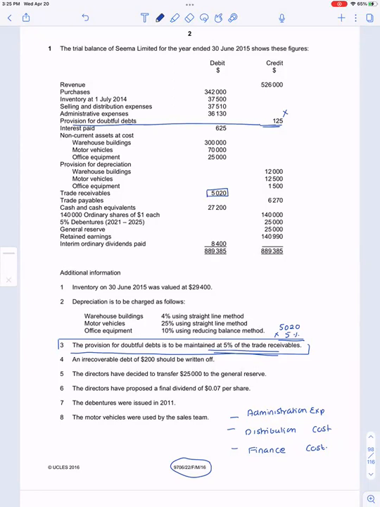$251. Miss, we have to deduct the bad debts first, right? From it. Is there any bad debts? Yeah, 200. So first we will deduct the bad debts and then we will calculate it. So bad debts 200 is there. So this bad debts will also go in the income statement, right? This bad debts will go in the income statement. And for provision for doubtful debts, it will be 5020 minus 200. So it will come how much?